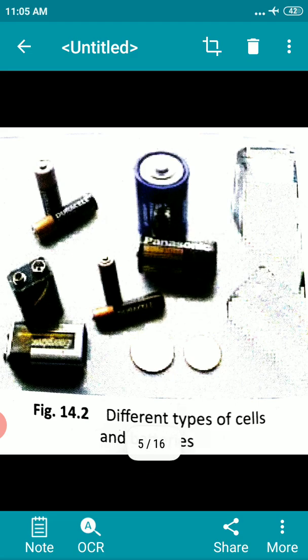So before that, there are different types of cells used. Some cells can be used only once and have to be thrown away once they have been used up. There are cells that can be recharged once they are drained. These cells are called secondary cells. So there are different types of cells. Once it is used, we can throw away one type of cells and another one we can recharge. They are used in mobile phones, laptops and car batteries. Nowadays, solar cells are also being used in many applications. Many calculators are powered with solar cells.